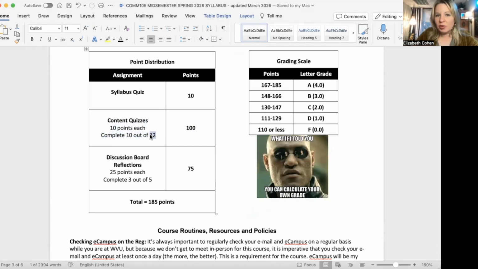So let's say that you miss a quiz, it's not necessarily going to count against your grade because I'll end up dropping any grades over 10 quizzes that you have. So I'll drop your lowest quiz grade. If you do 12,